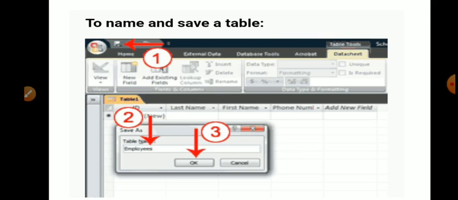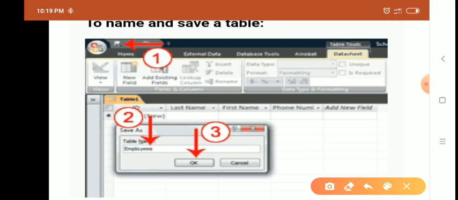So let me see the step process. Here you can see the save option. This is our first step for saving a table. In the second step, we will get a dialog box. In this, what do we have to type? Very good. We have to type the name of the table.